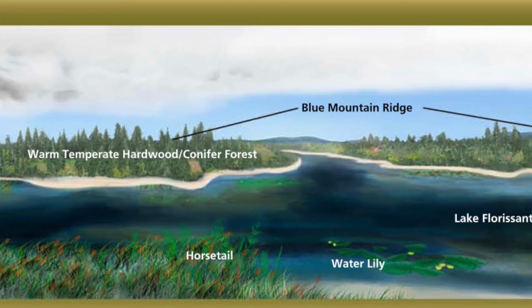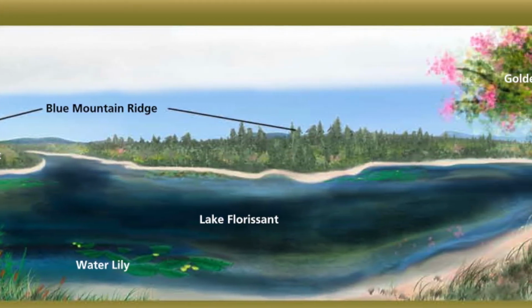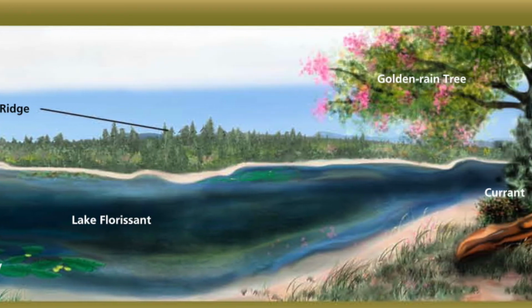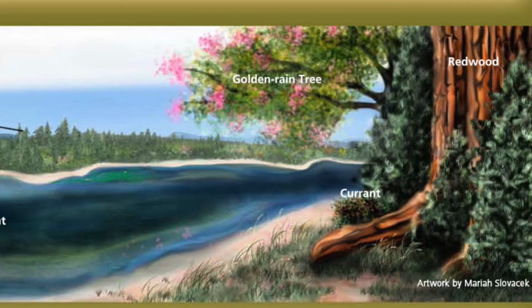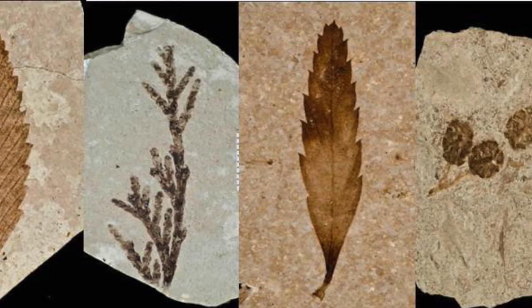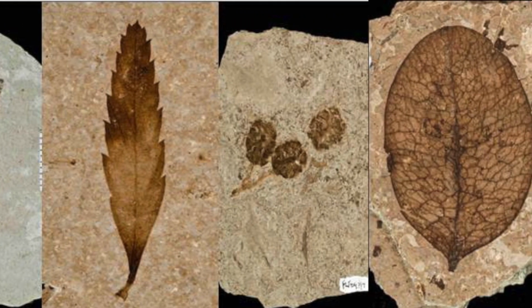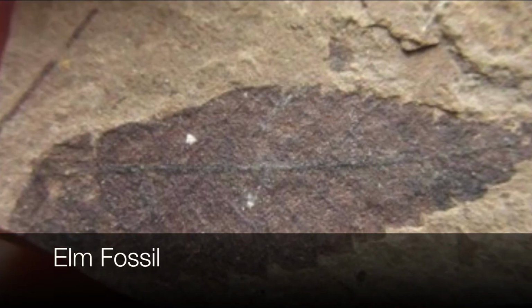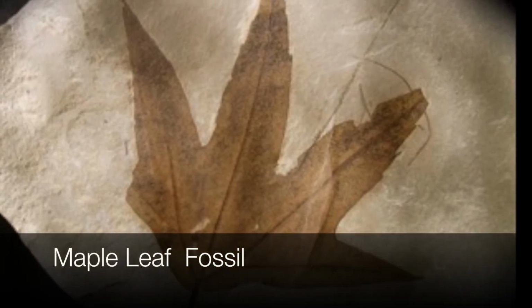The area soon recovered from the destruction, and a diverse ecosystem was formed in and around the lake. Some of the wildlife present at this time included various species of plants, insects, and vertebrates. The Florissant Formation contains many plants other than the giant sequoias, including trees, shrubs, and fruits. Fossils from elm, beech, pine, and maple trees, as well as ferns, legumes, cattails, and rose thorns have all been